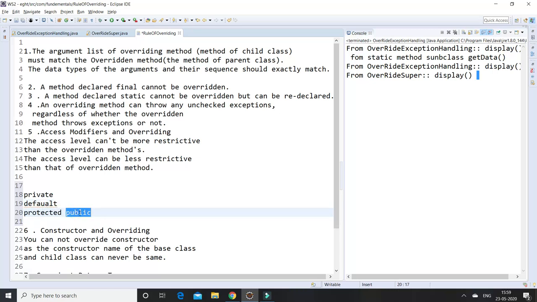These are the rules. If you declare the parent class as public and the subclass level as protected, that violates overriding with access specifiers. We must declare public, so this is the sequence we need to follow. If you declare private, the remaining access specifiers can be declared in the subclass. If you declare default, then you can declare the subclass level as protected and public. If you declare public, you must declare the same in the subclass level also. That is the sequence of method overriding with access specifiers.